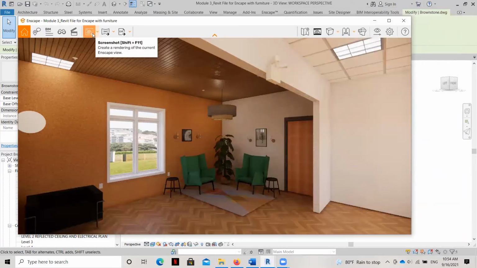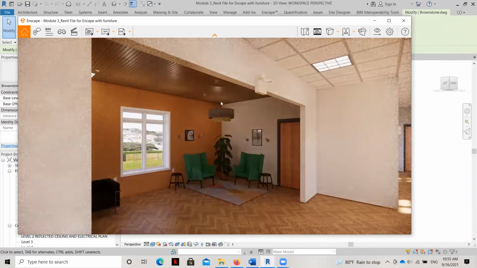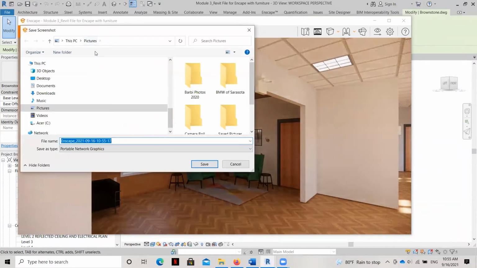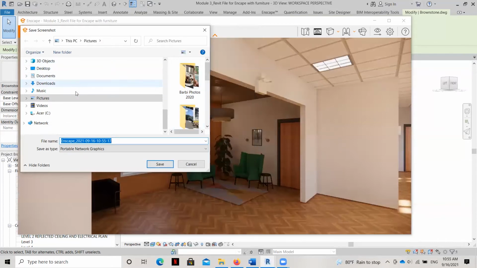And then I'm going to hit this button over here that says screenshot. And this means it's going to create a rendering of just this view. Now, we can zoom out a little bit or crop this later. But for right now, I'm going to go ahead and hit this button, and it's going to create a screenshot. And that means that anybody who wants to look at this doesn't necessarily need to have Enscape to view it.